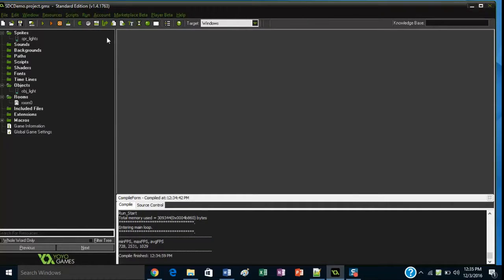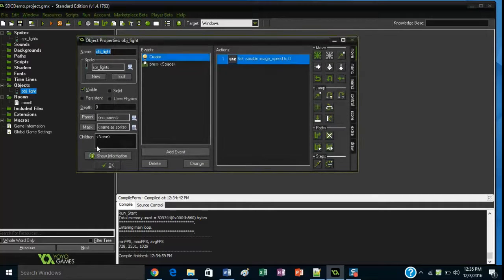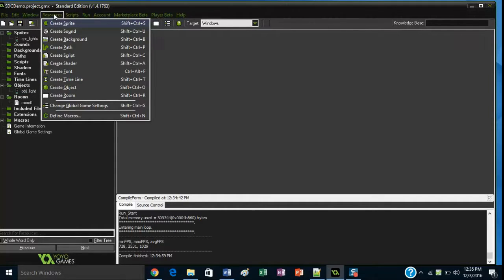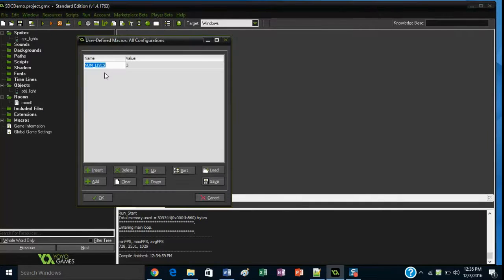Now maybe you're a little bit more old school. Maybe you're thinking, how could I put a variable in this traffic light to keep track of what state it is? Well, that's where the macros would come in handy. You could go up to resources and define some macros, and you could say, okay, I want red to be 0, green to be 1, yellow to be 2,